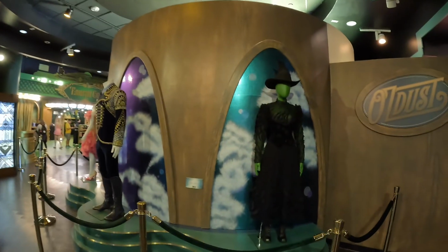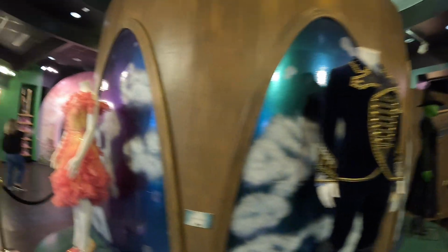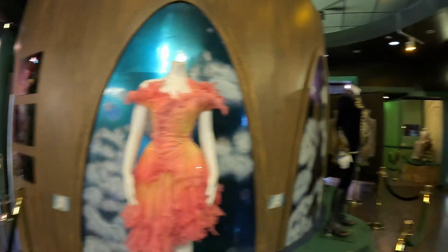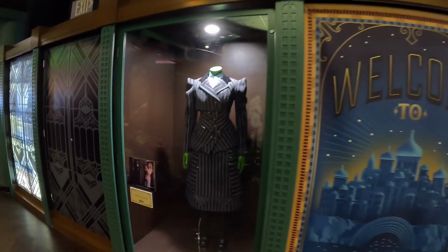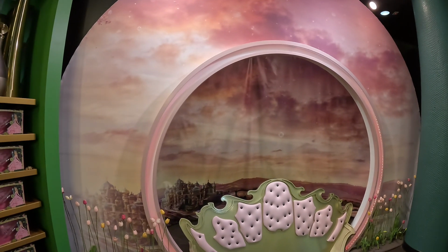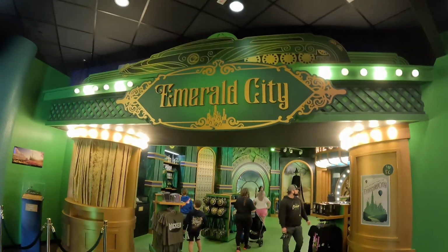There's Elphaba's Ozdust dress, Hero's Ozdust suit, and Glinda's Ozdust dress. And then if we take a look right here, there's some posters welcoming to Shiz, Elphaba's Shiz uniform, Madame Morrible, Glinda's Shiz uniform, and Glinda's training wand. Last but not least, we have a photo op, Emerald City Unlimited Miniature Train, and we're now going to be stepping